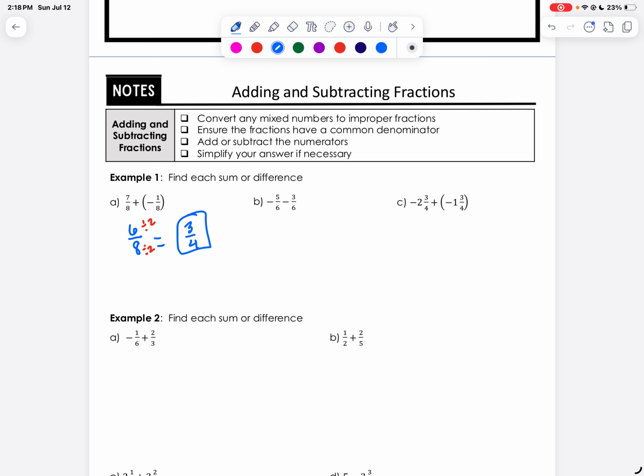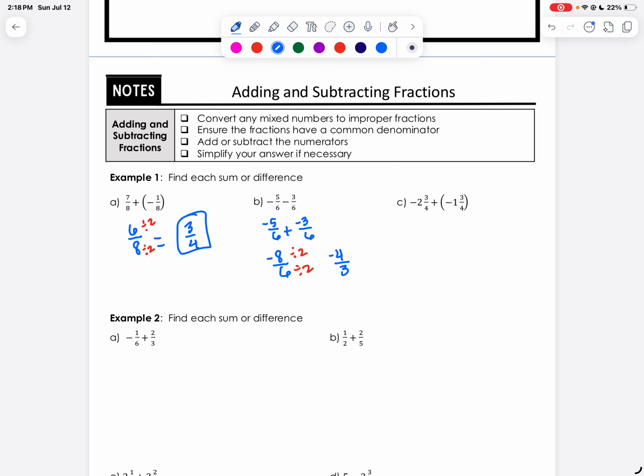All right, problem B, we have -5/6 minus 3/6. So remember, for subtraction, we write it as addition of the opposite. So this would be, keep the first number the same, change the minus to a plus, and then take the opposite. All right, now our signs are the same. So we're just going to add the numerators to get -8/6, which would both divide by 2. And that would give me